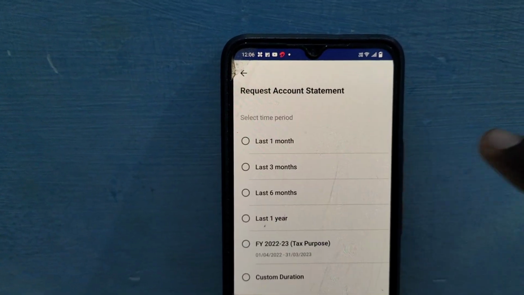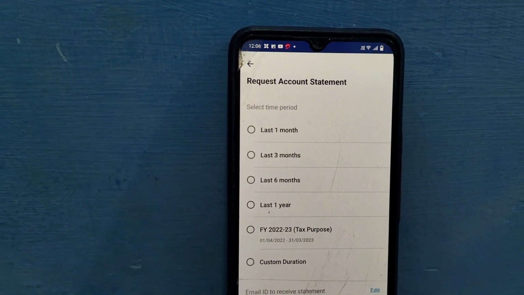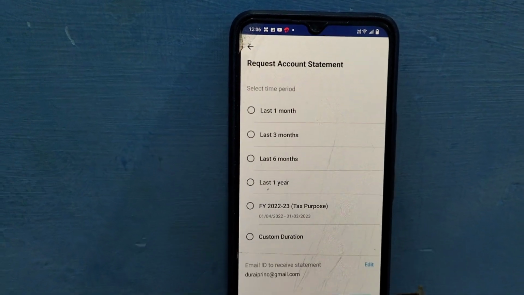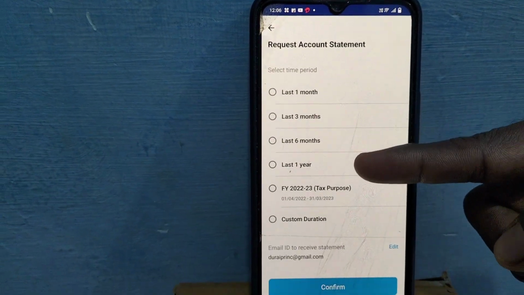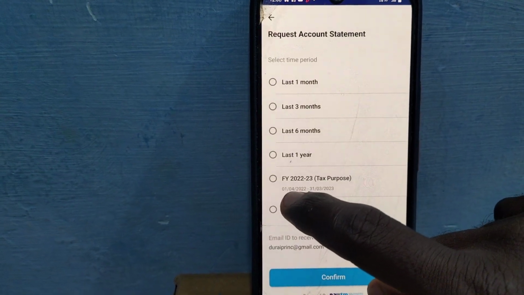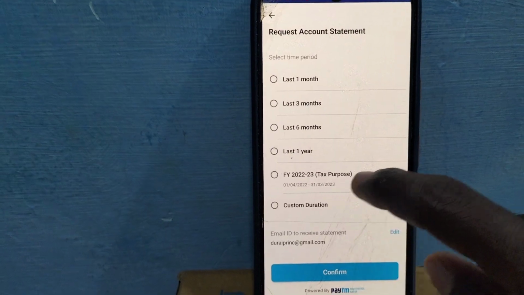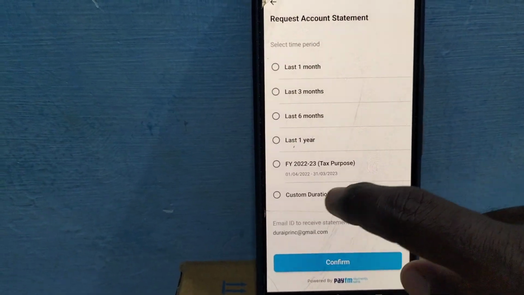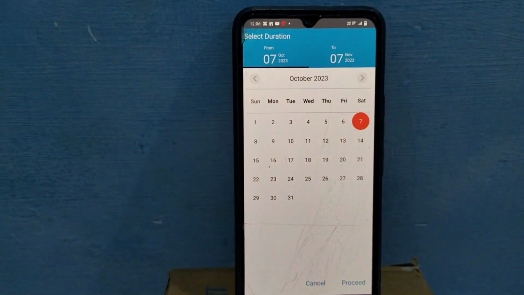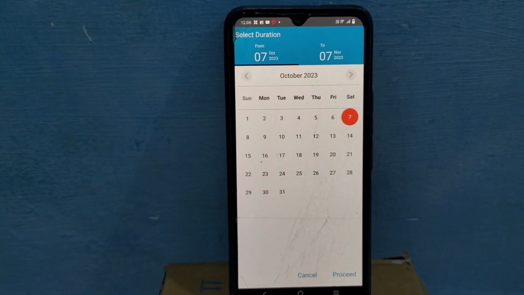Just click on it, and here you will find several options like last 1 month, last 3 months, last 6 months, last 1 year, first year 2022 to 2023 custom duration. If you click custom duration, you can select the dates from which date to which date you would like to get